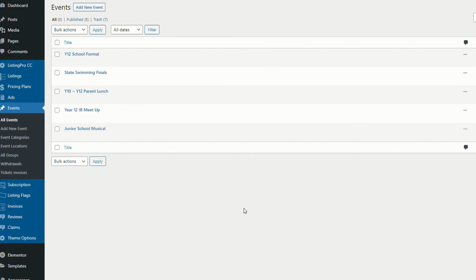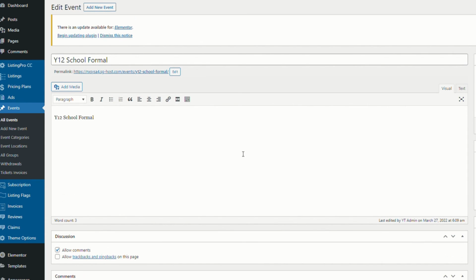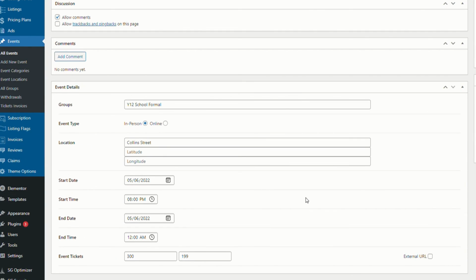Another feature to be aware of is in the events. If you go to Events, All Events, and let's pick this first one here, the Year 12 Formal, we'll go to Edit. It's possible that from time to time you might need to use a third-party booking system for a whole range of reasons. One of them might be that you need allocated seating. So you might have that set up with the likes of Try Booking or another similar site, and you